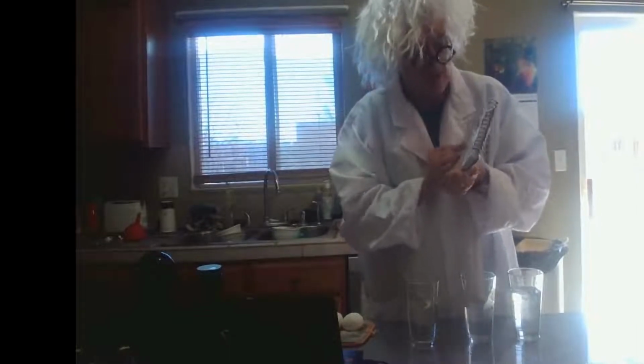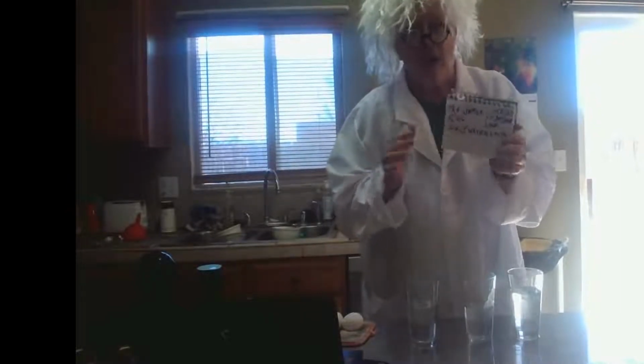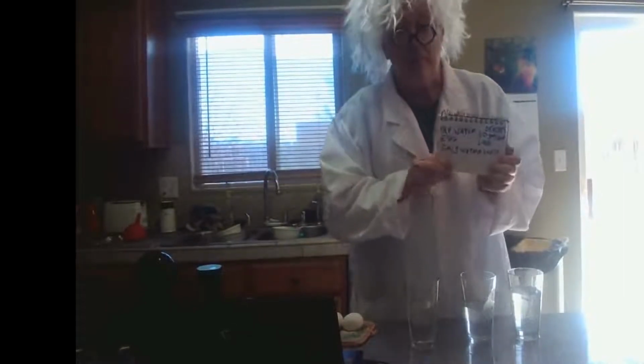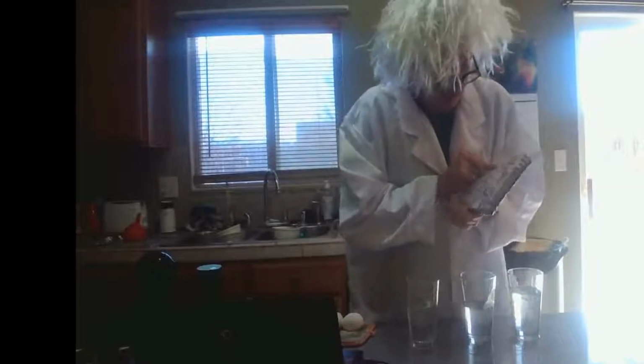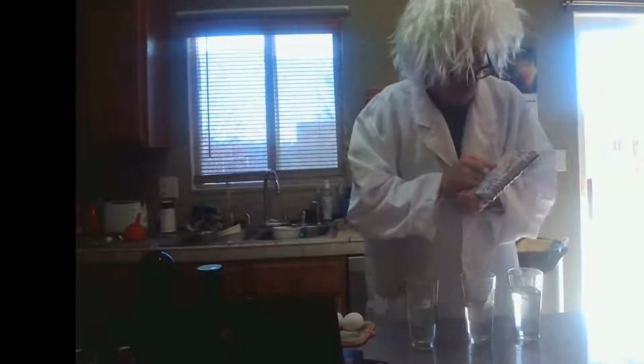And then the last one I looked up was salt water. The salt water will vary based on how much salt you put in it. But basically, it is 1.0273. So we've done some research,